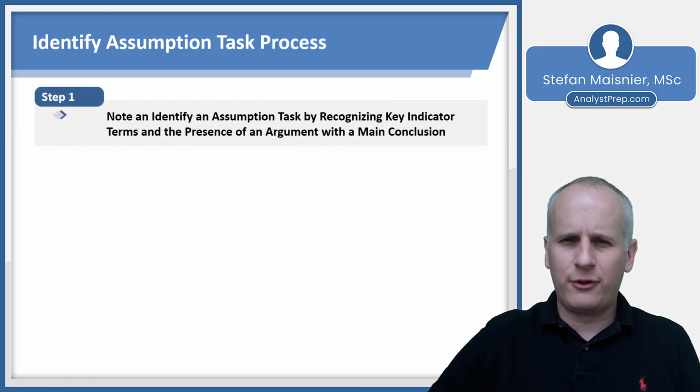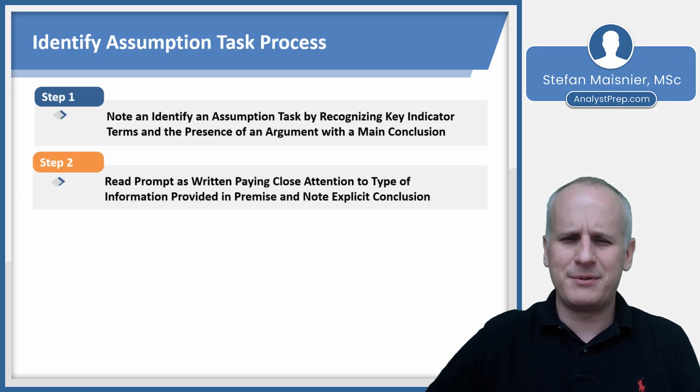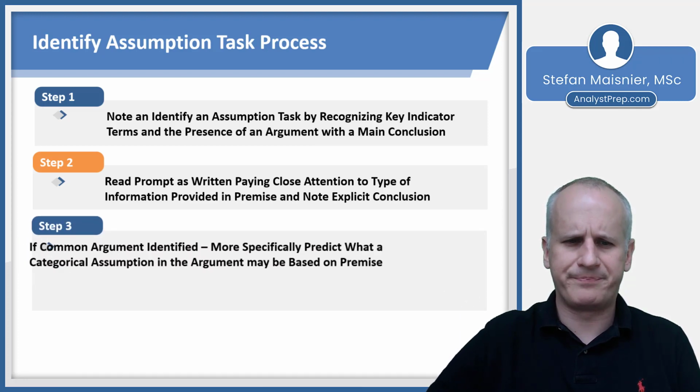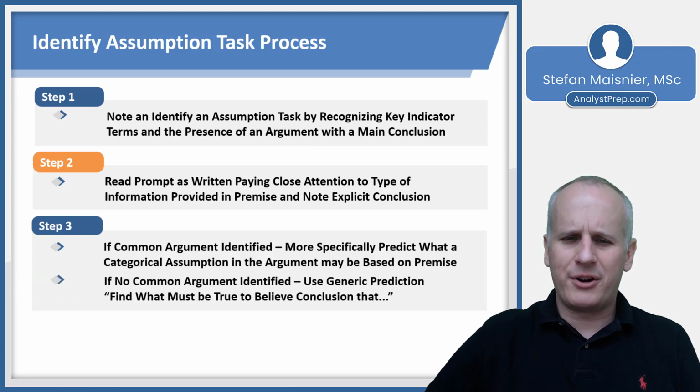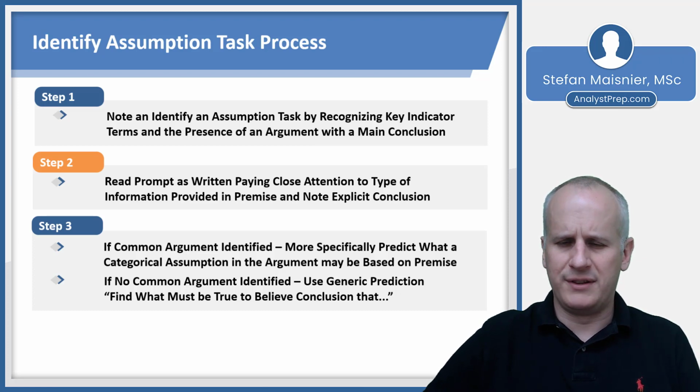So our full process for working through these assumption tasks. First, identify the task itself by recognizing key indicator terms, assumption, depends, those sorts of things, and the presence of an argument with a main conclusion. Then you want to read the prompt as written, paying close attention to the type of information provided, and as always, note the conclusion. And if you identify a common argument, you can more specifically predict what a categorical assumption may be based on that premise. But if no common argument is identified, you can just use the generic prediction of find what must be true to believe the conclusion that